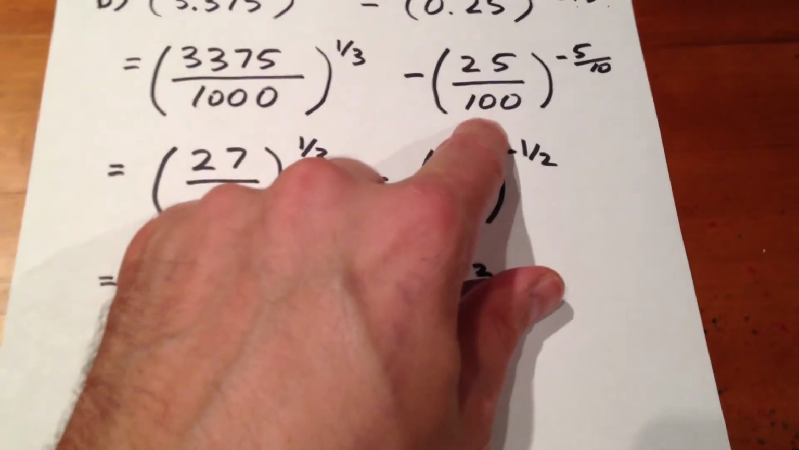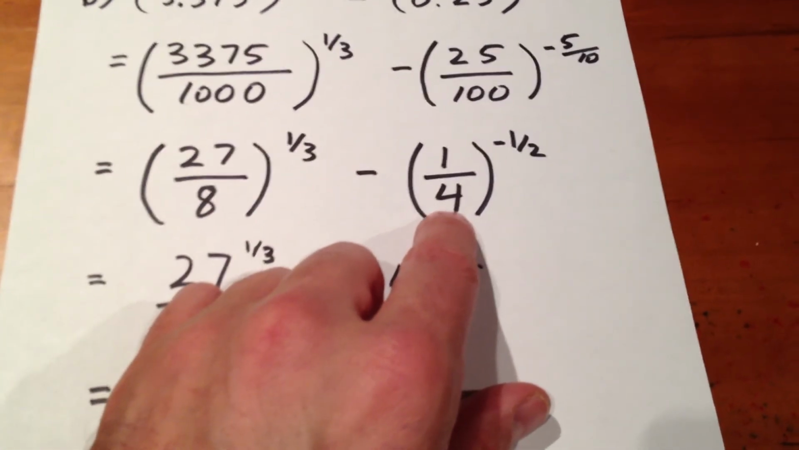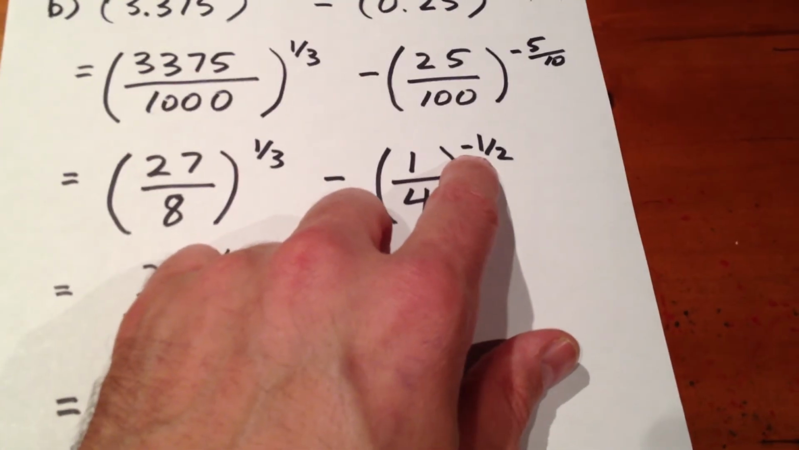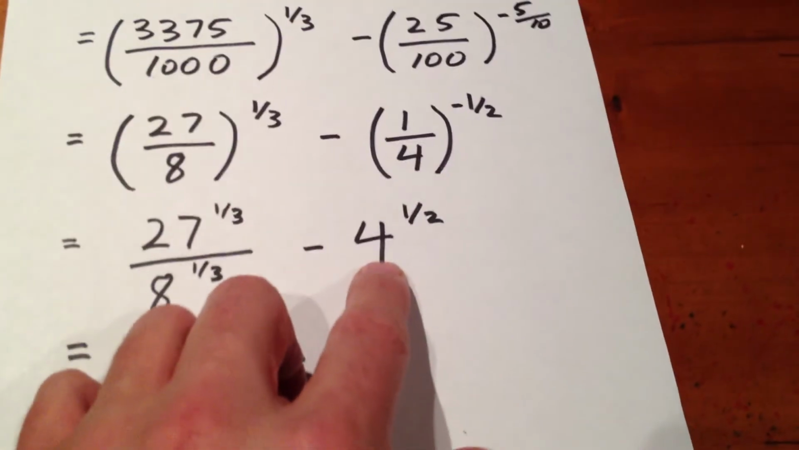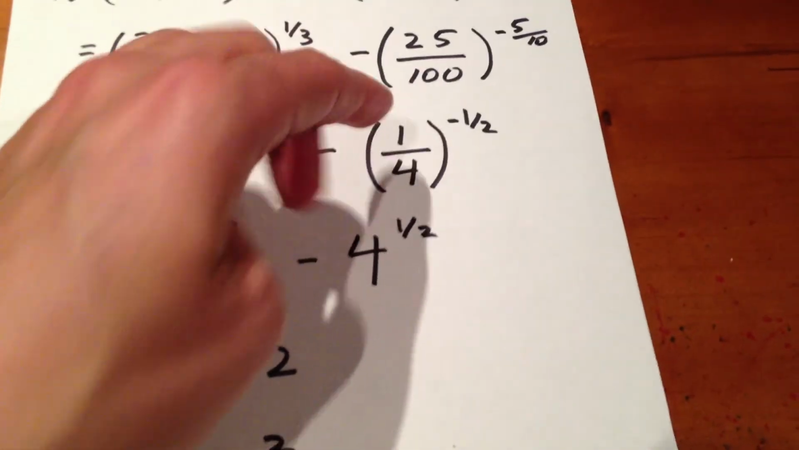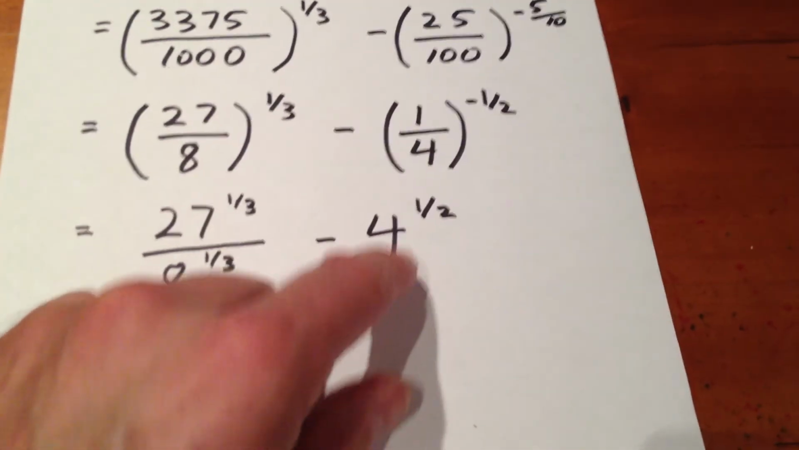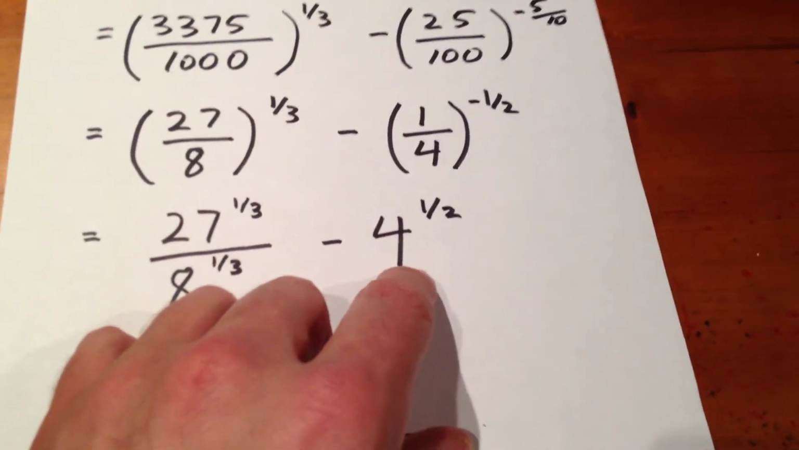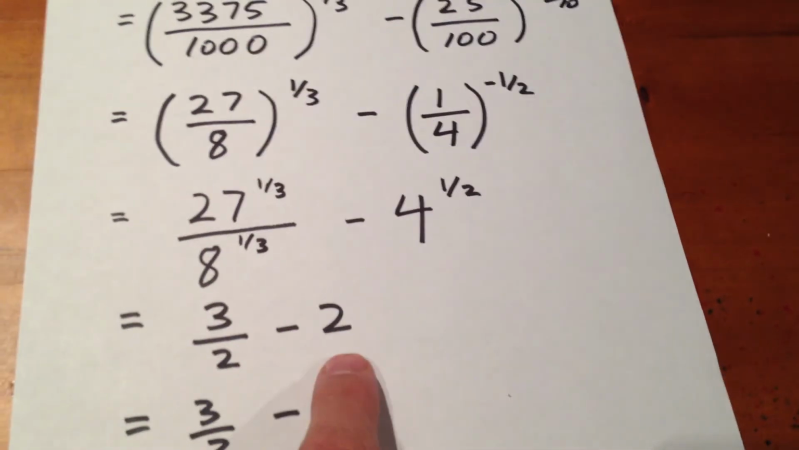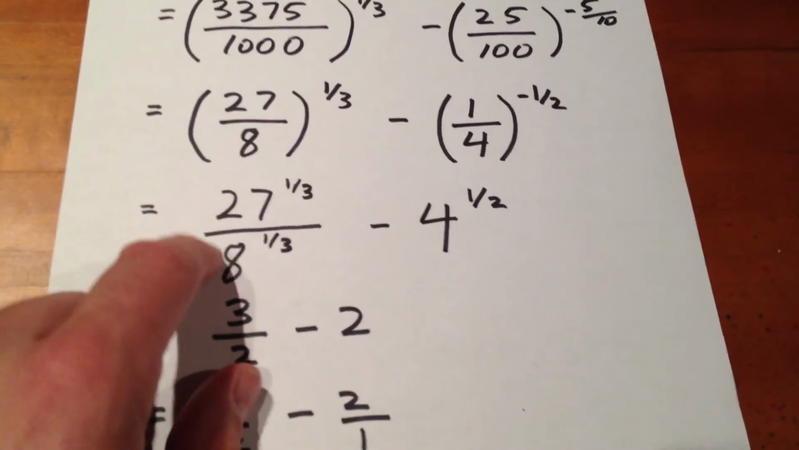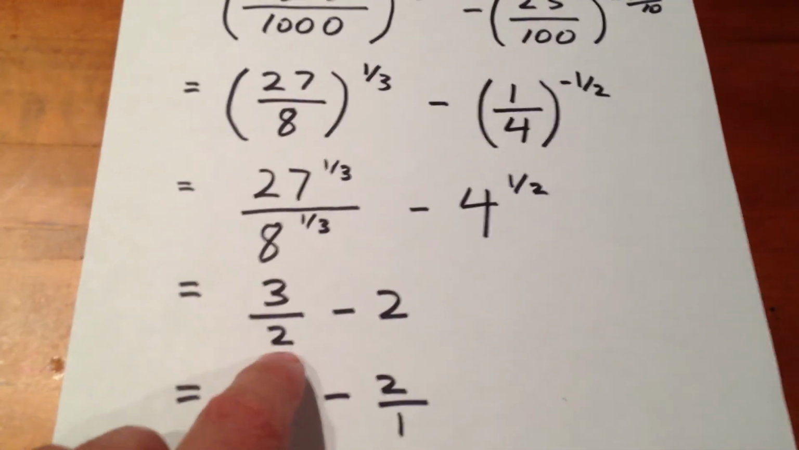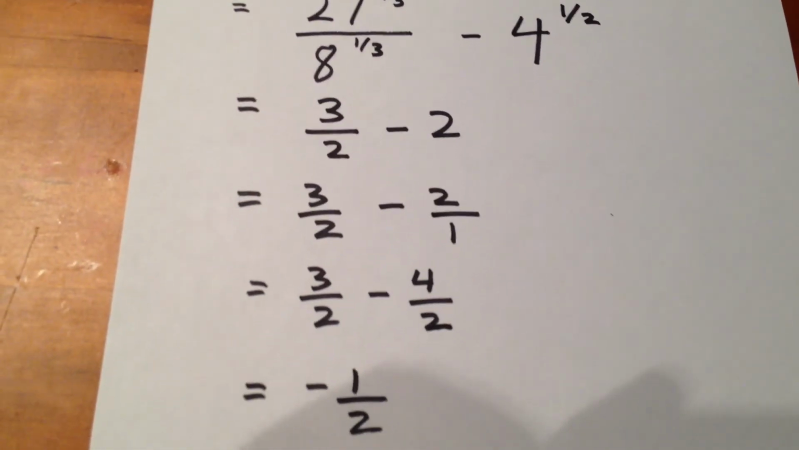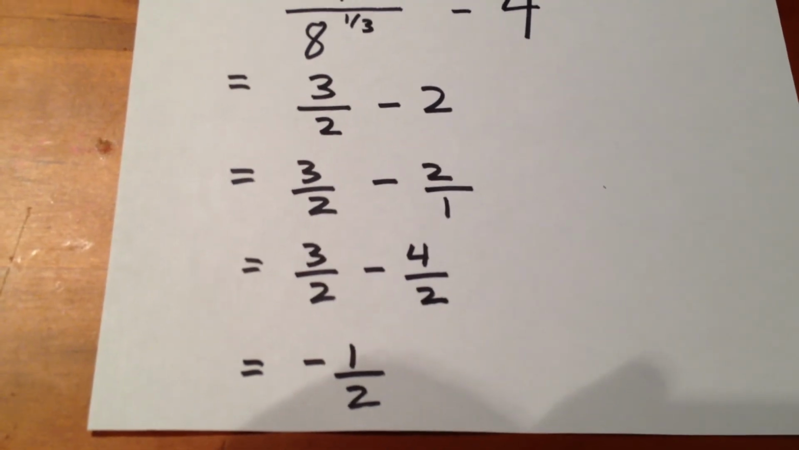In this fraction, we have 25 over 100, which is 1 over 4. We're raising it to the negative exponent of 1/2, so we can take the reciprocal of that base, which is 4, make this exponent positive, which is 1/2, and simply find the second root of 4, which is 2. So this is 3 over 2, and this is 2. So we have 3 over 2 minus 2, which is the same as 3 over 2 minus 2 over 1, which is the same as 3 over 2 minus